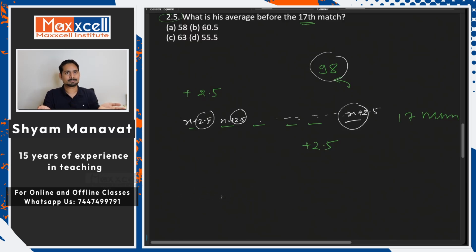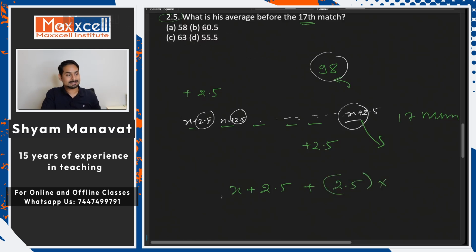Equal distribution, right? If you take this fellow out, he will take his x plus 2.5 which he has when he is in the group, plus he has distributed this 2.5 to the